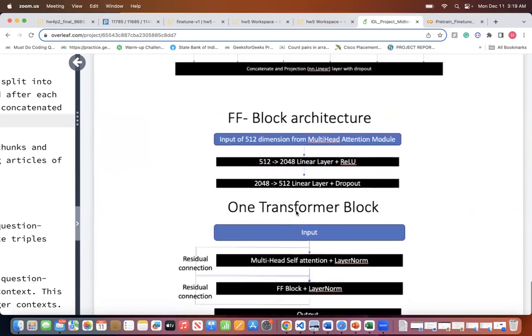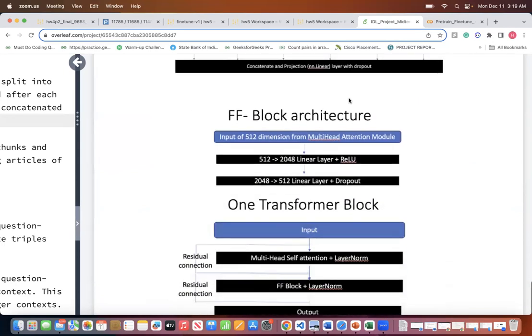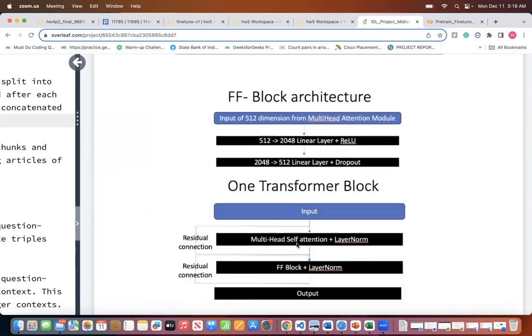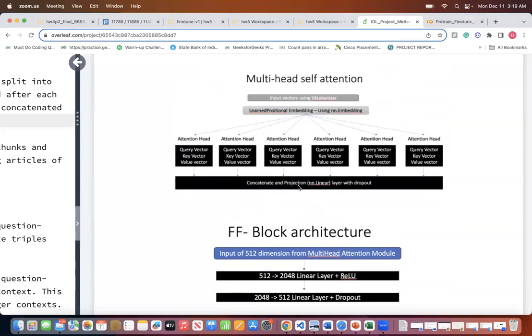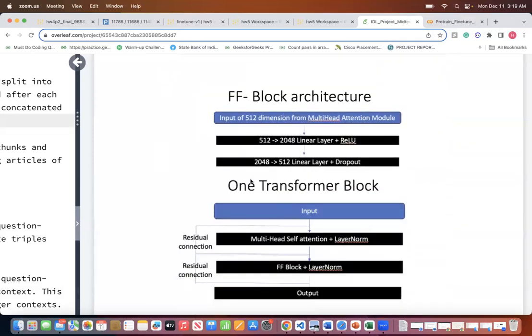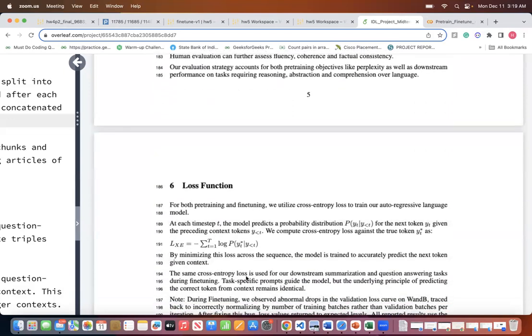It takes in the input, which is sent through the learned positional embedding using an nn.Embedding, and then goes to the multi-head self-attention, which looks like this, which has 6 attention heads, concatenated into the linear layers, and then it goes through this feed-forward block and gets an output. Over here, you can see that there are 2 residual connections, which is very similar to the Vaswani paper that we did. So this was the model architecture, and for the loss function, we just use cross entropy loss,